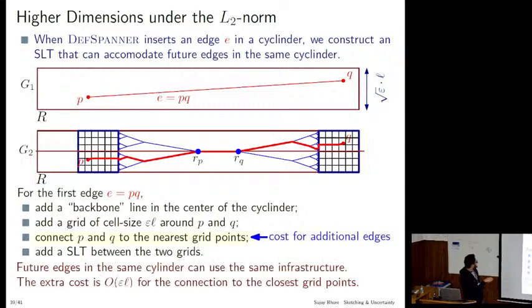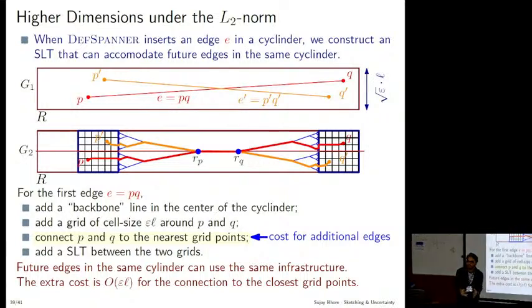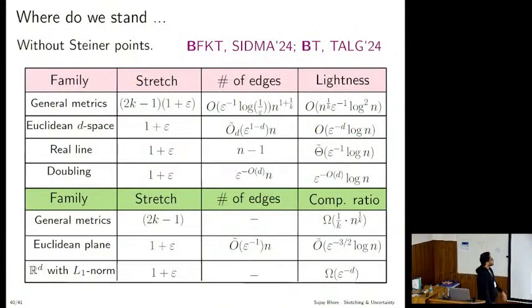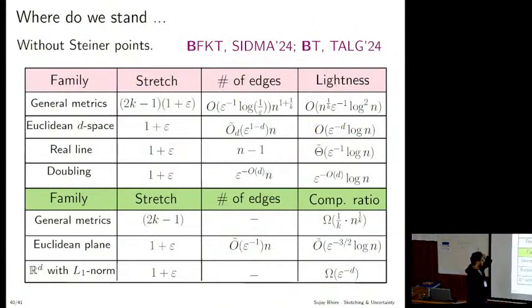The next time the adversary puts this different pair P prime, Q prime, and now you don't have to travel all the way here. You can just simply use the same construction again and again. So once you build this, this is over. So that's the basic idea. So it's a bunch of work actually.